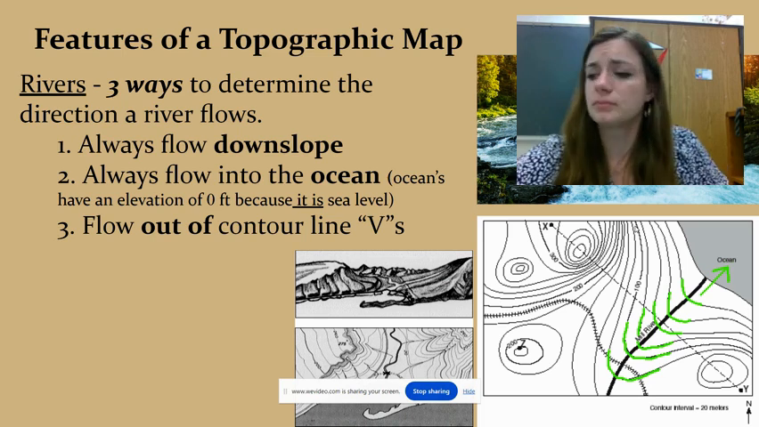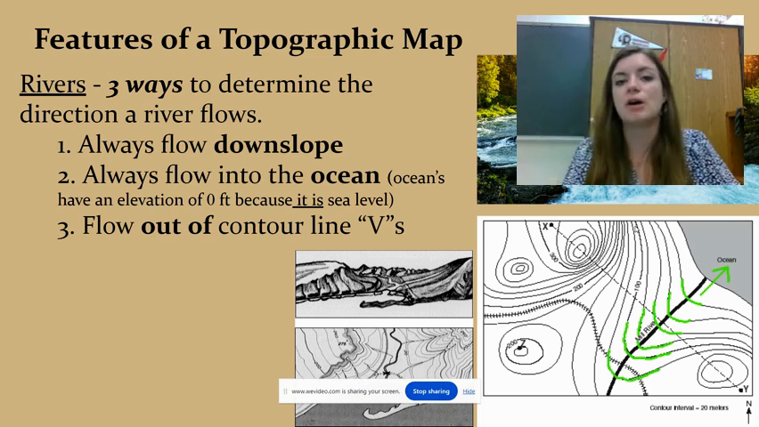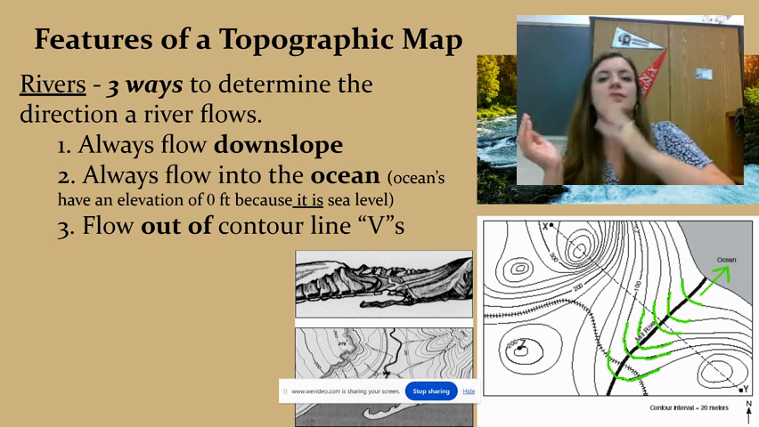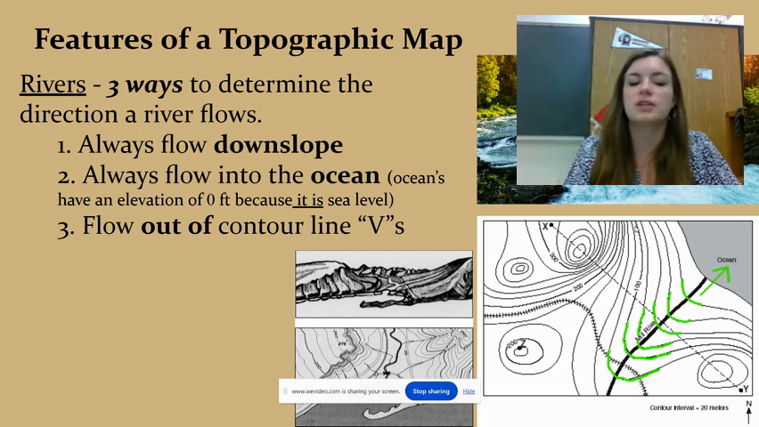Another method is to look for the ocean because all water eventually dumps out into the ocean. The ocean, if we're looking at a topographic map, is 0 feet. It is sea level. So all of our water will eventually flow to that 0 feet, to that sea level. However,